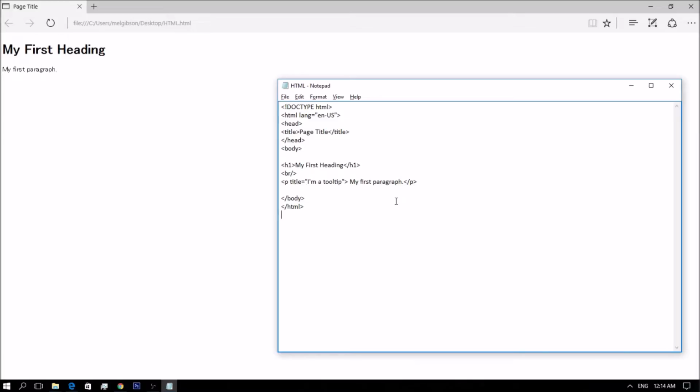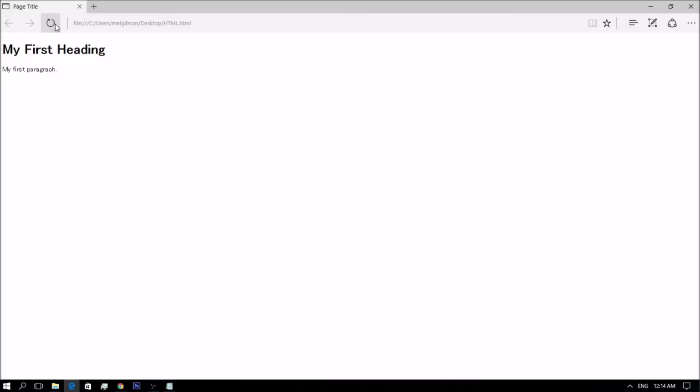So when you run this in the browser, the little square will pop up when you mouse over the paragraph.